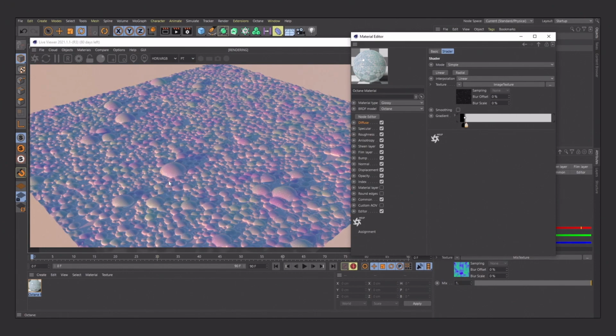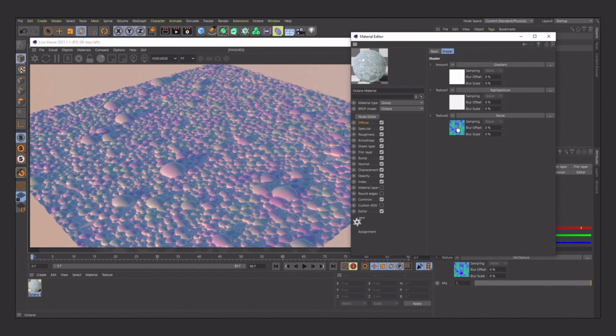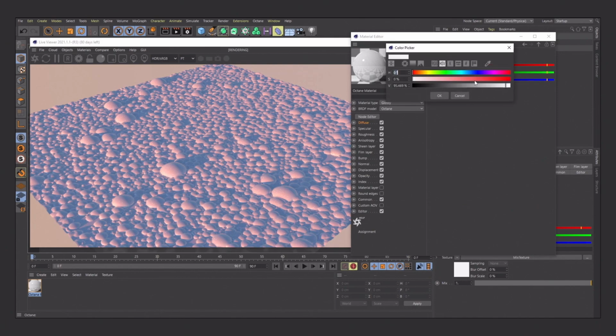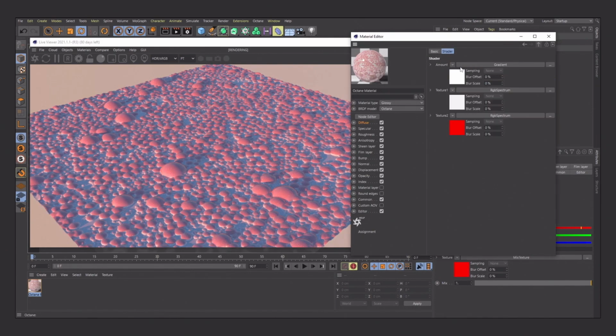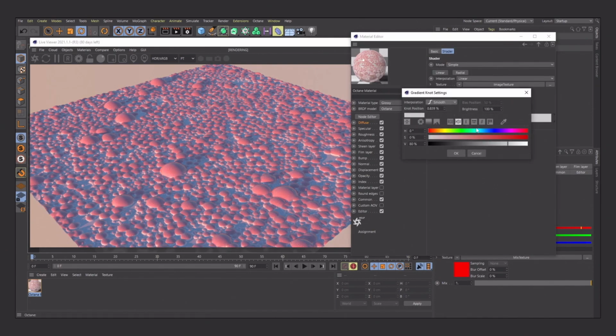So this will become very handy when we start using it on a mixed material and blending the specular material for our bubbles with the foamy material in between. So I'm just going to go back and make this red again. I'm just going to touch on one last thing before we start building our